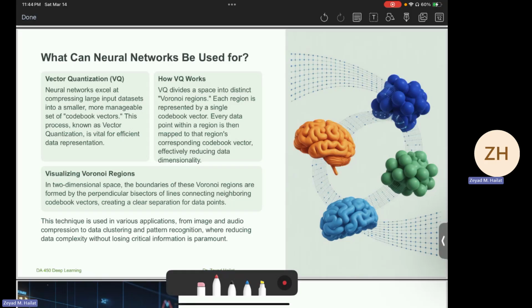So we learned we can use neural network, for example, for supervised learning, unsupervised learning. You can also use it for vector quantization. And this is something you guys will learn more about in natural language processing. Remember that when we talked about text, we know our machine learning models cannot understand text. So how can we deal with text?